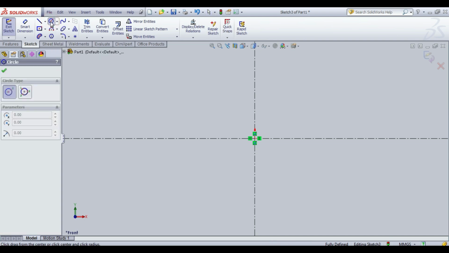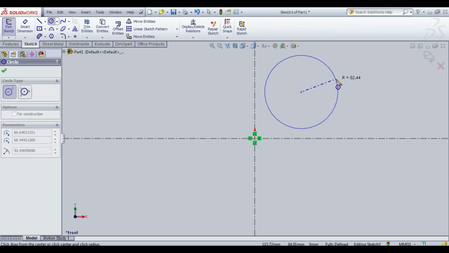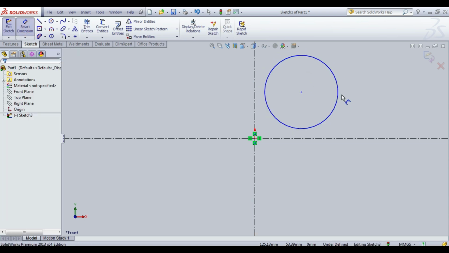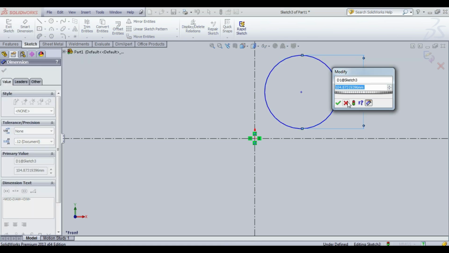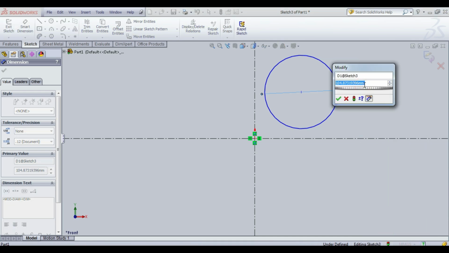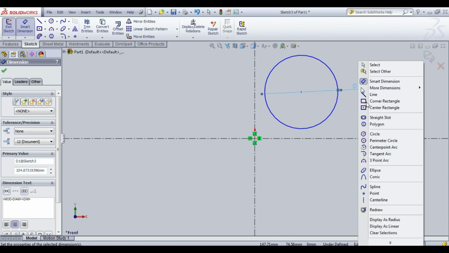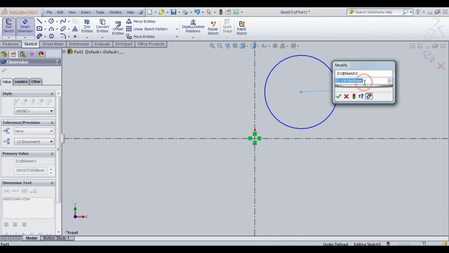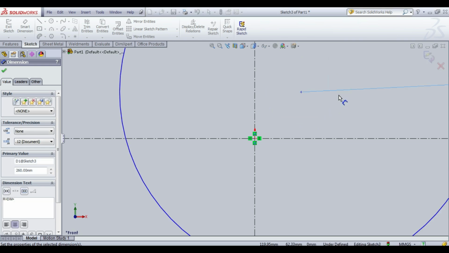Click the circle, center point of the circle. For dimension, radius 260. Click OK.